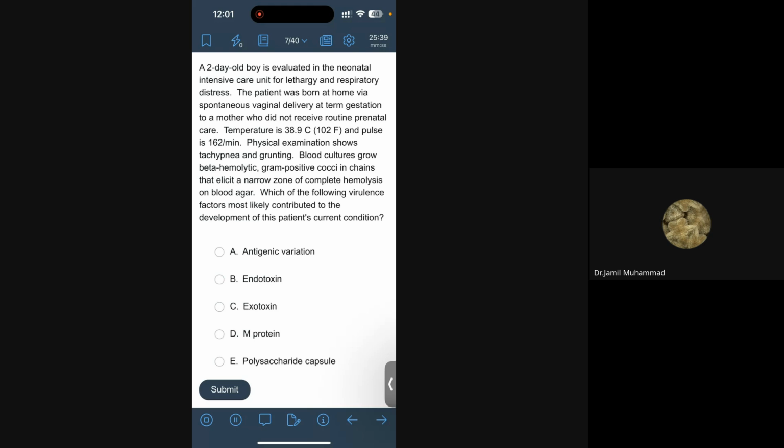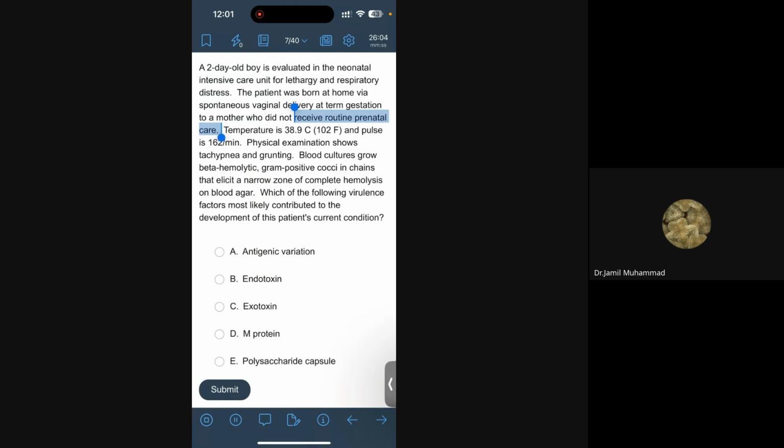The patient was delivered spontaneously at term gestation. It was a home delivery, and the patient did not receive routine prenatal care. Screening is very important here, because in every mother we give penicillin before the birth if the patient has any